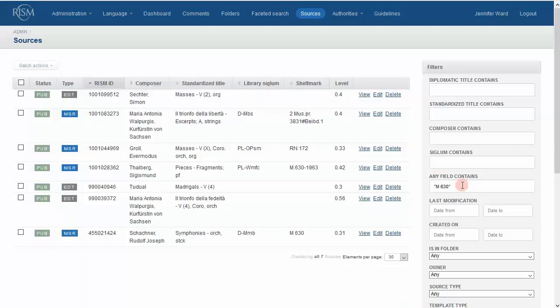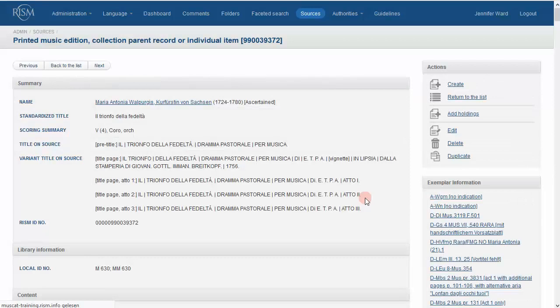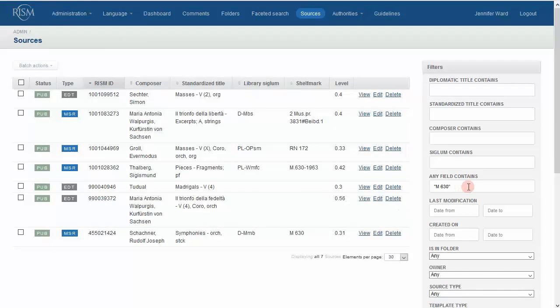When searching by A1 number, make sure to observe the space between the letter and the numbers. B1 numbers have a vertical pipe between the year and the number.